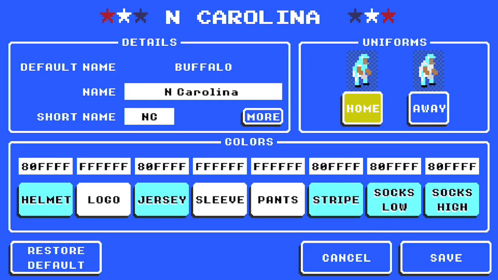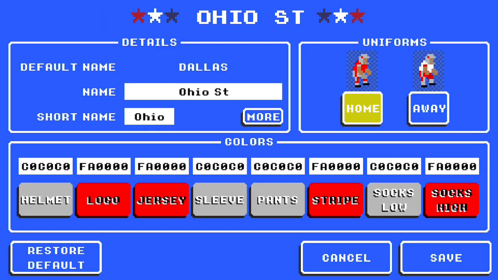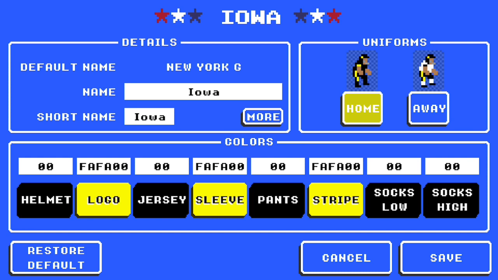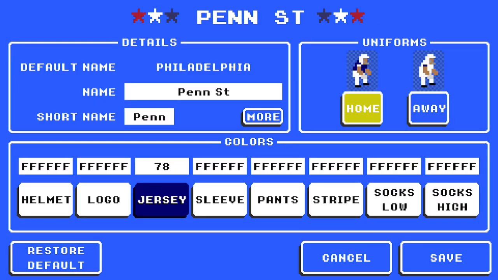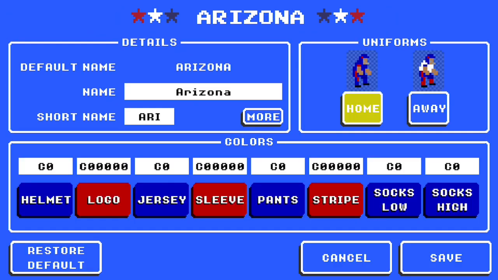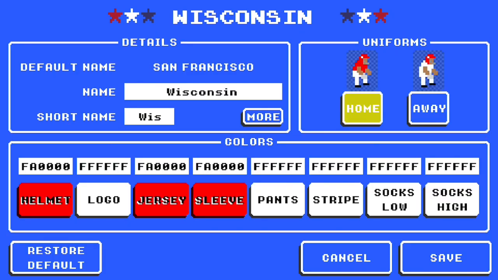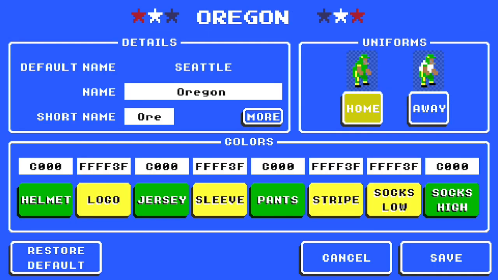North Carolina, like I said before, guys, the baby blue, I was not really happy with, but I'm not gonna complain. So that's North Carolina's. Then we go over to here's Ohio State. Then we have Iowa, and Penn State, Nebraska, Arizona, which I did a jersey and pants for their home, and Stanford, Wisconsin, Oregon. Now Oregon, you could really do whatever because I know they play with so many different colors,